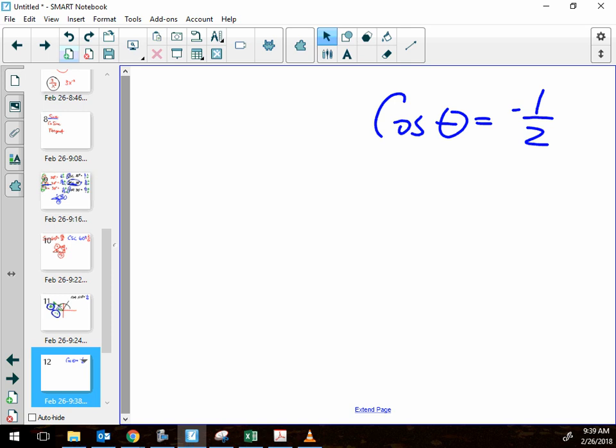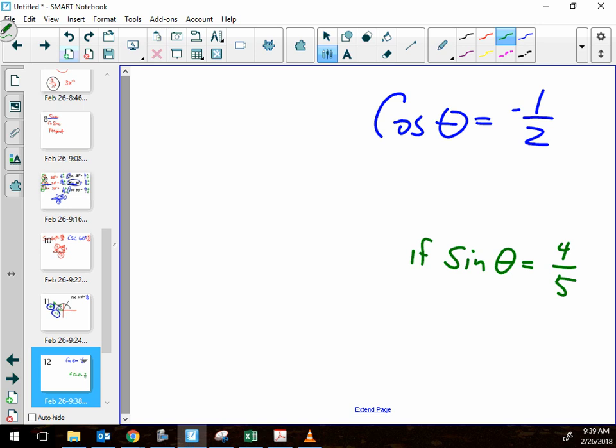If you finish that one, then I'm going to give you one other one to try, which is if the sine of some angle came out to 4/5. I know you're thinking, that's not a triangle that I know. I don't know any triangles that have, like, there's the 1, 1, root 2 triangle and the 1, 2, root 3 triangle, but there's nothing with 4 and 5 in it. You're right. On a problem like this, we would not ask you what was the angle, because you won't have it memorized. But we could ask,